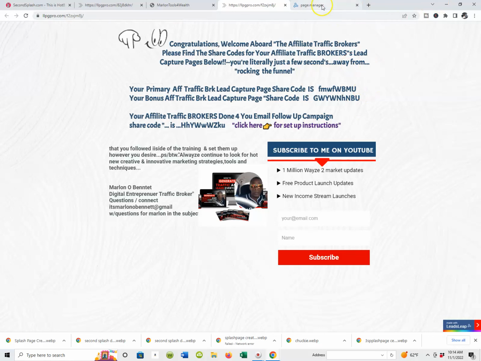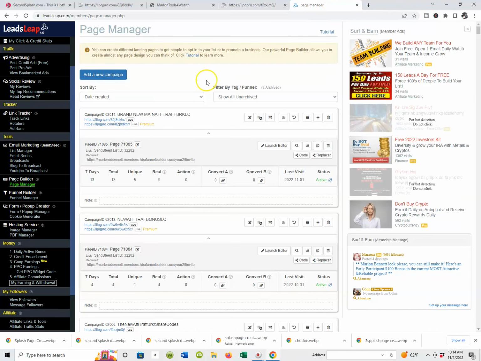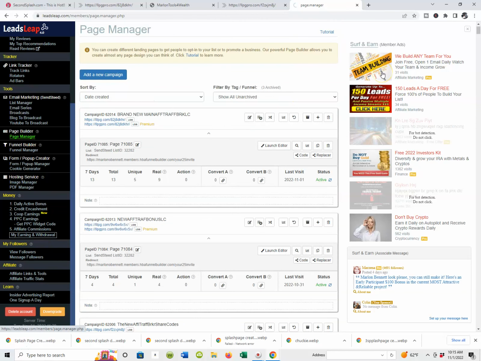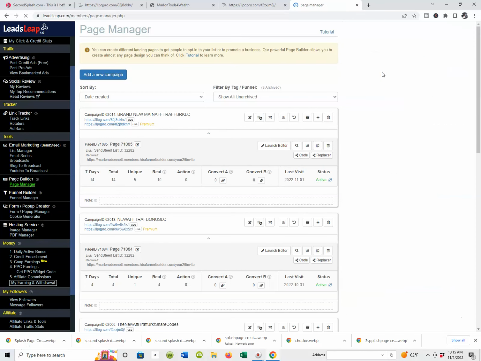Okay, so if you guys are logged into Leads Leap, you set your account up, you should already be set up. You should be inside your Leads Leap. Now, what we're going to do, guys, we're going to come down to where it says Page Manager. You got a Page Builder over, if you look at it over to the left, and then you got Page Manager. And I'm going to click Page Manager, because once you click Page Manager, this is how you're going to import that capture page that you're going to use for your affiliate traffic brokers marketing system